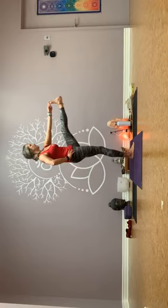Find your balance. Stare at something that's not moving. I want a nice, strong core. Nice, active standing leg. And then pressing, holding here. Nice and strong. And now we're going to release the leg. Lift the arms up. Strong core. Strong standing leg. And now we're going to sweep forward, kicking the leg back, coming into a warrior 3 airplane